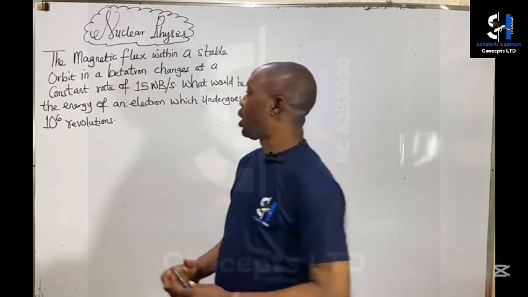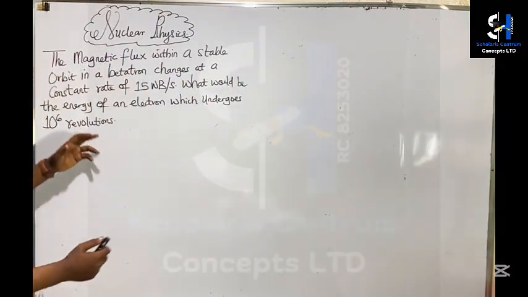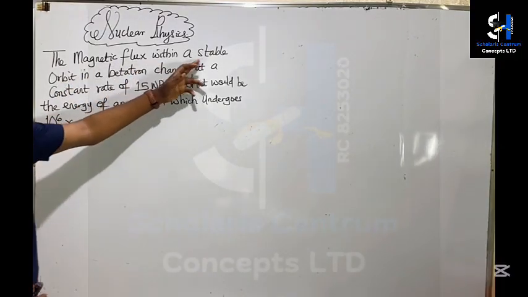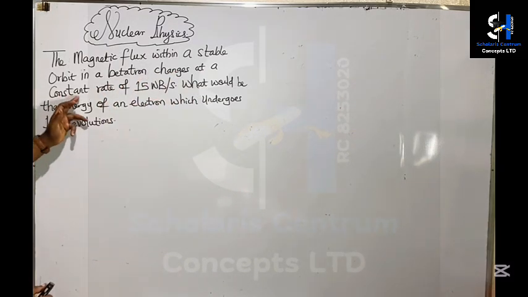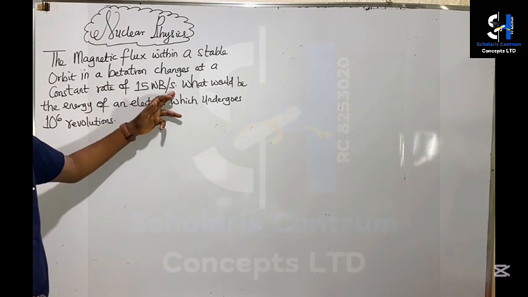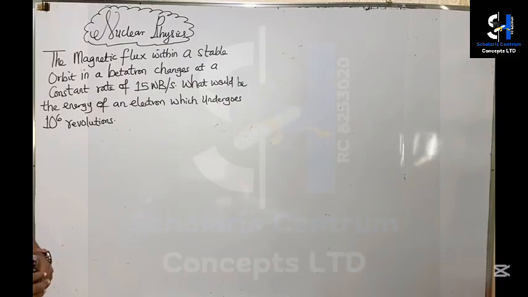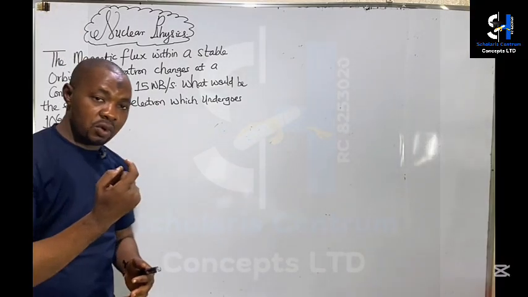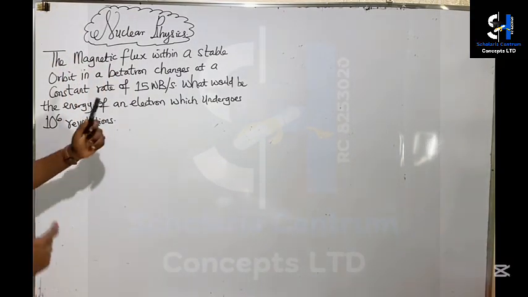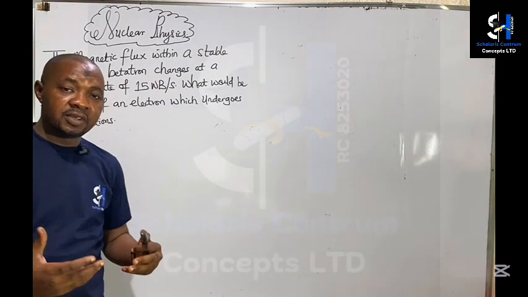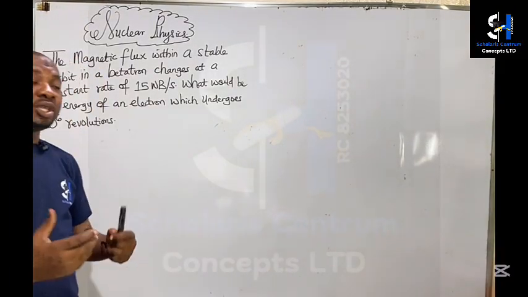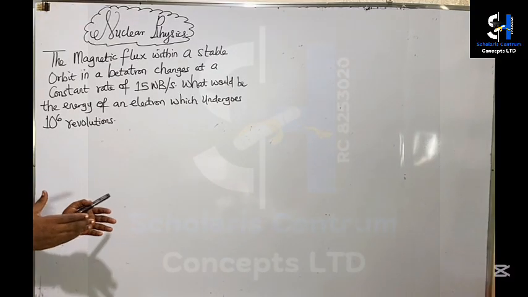Okay, so now we are given here that the magnetic flux within a stable orbit in a betatron changes at a constant rate of 15 Weber per second. So that means we're going to apply Faraday's law. Now according to Faraday's law, the EMF induced in a single coil, because this is all about a single coil changing at a constant rate, will be equal to the negative rate of change